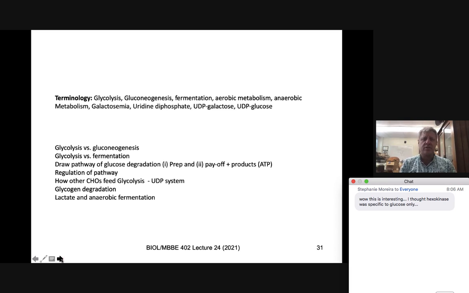We've looked at glycolysis. We're going to talk a little bit more about gluconeogenesis in the next lecture in regards to the process. And I want you to be able to ultimately compare glycolysis and gluconeogenesis, which we'll talk about in a second, and glycolysis and fermentation. Know and draw the pathways for preparation and payoff, indicating the products, including ATP and NADH. We're going to talk a little bit about the regulational pathways today, but also how we basically utilize glycolysis and